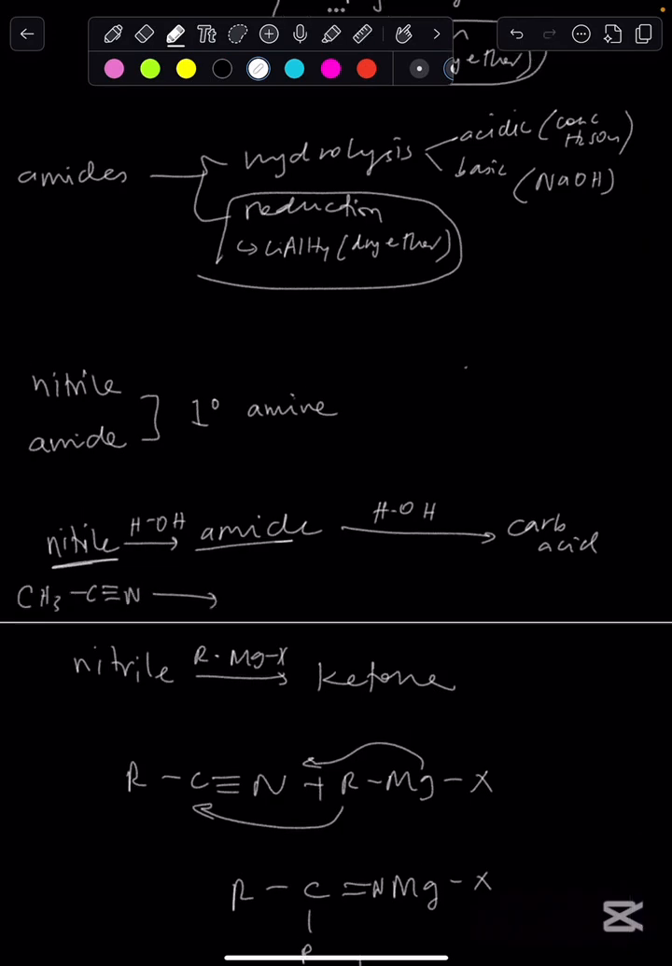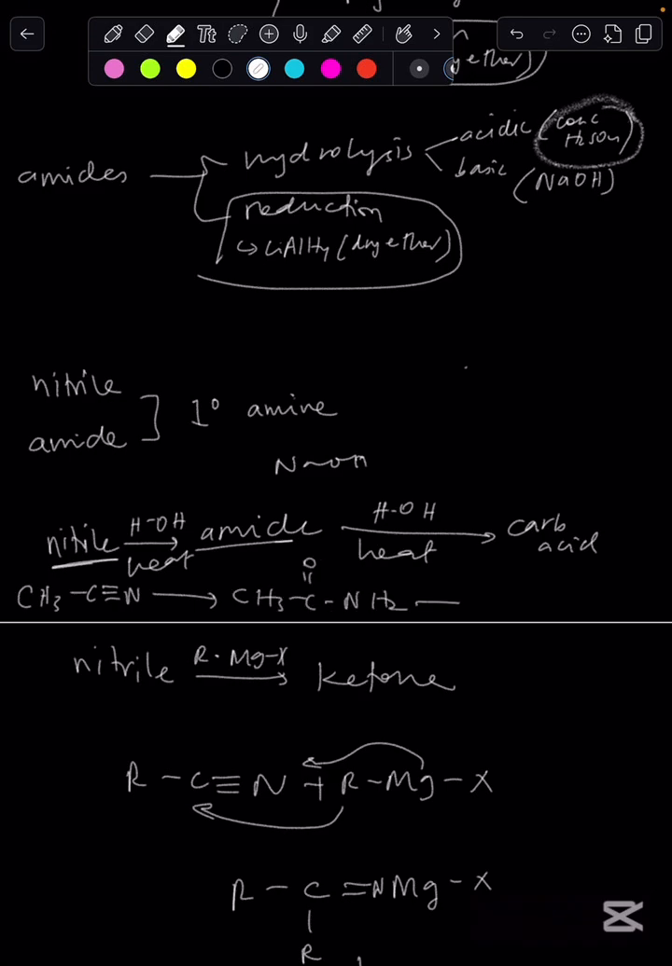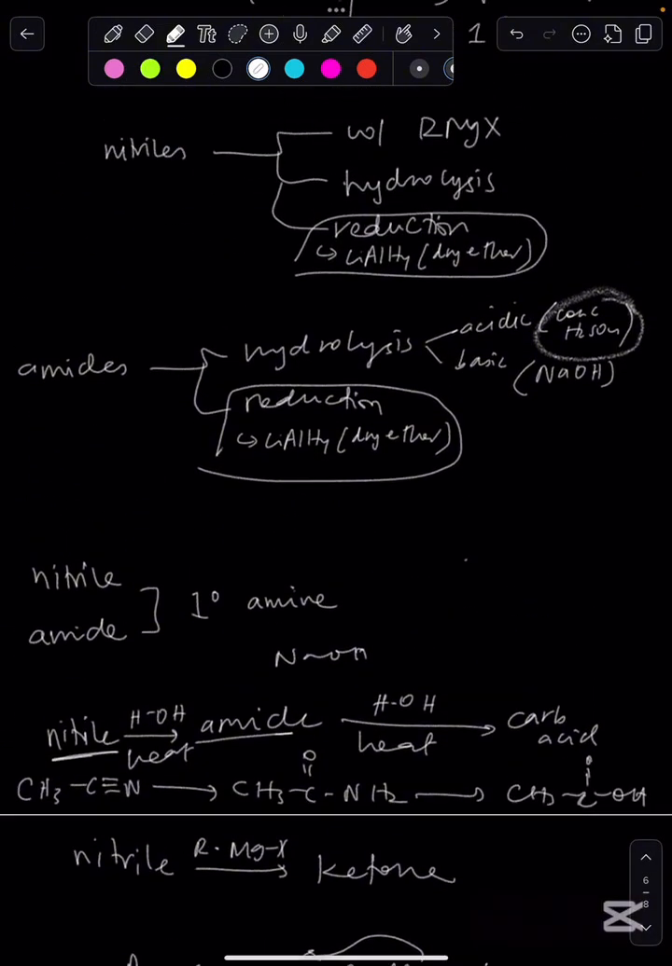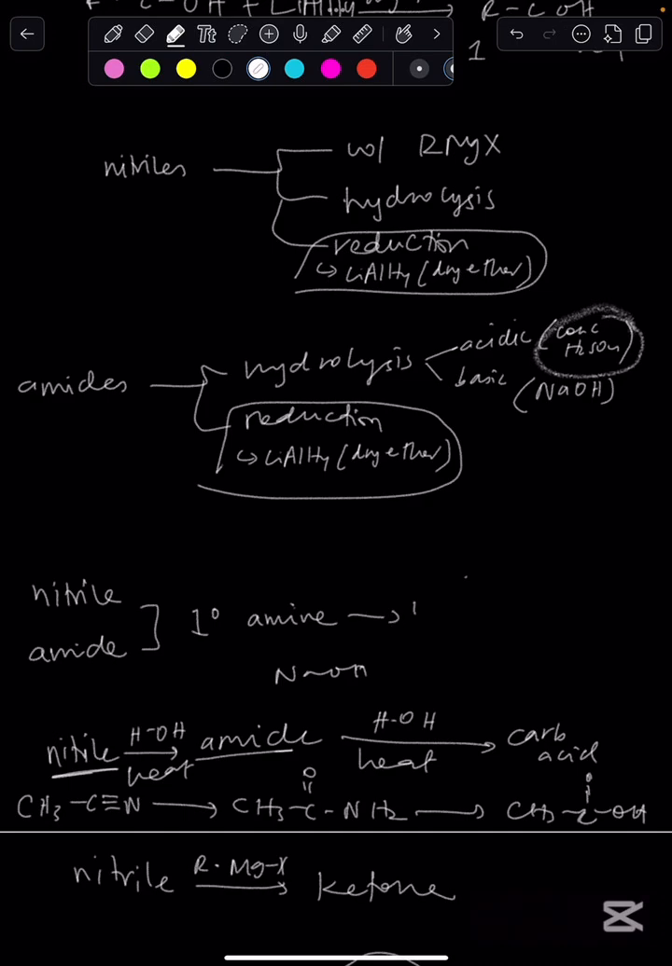And then for the hydrolysis reactions, you may see that heat is also involved and acidic and basic conditions are met. For example, sodium hydroxide or concentrated H2SO4 is used. So what we see is when we heat it up, we form an amide, and then that amide reacts with water to form carboxylic acid. So the reduction uses lithium aluminum hydride in dry ether. So what's going to happen